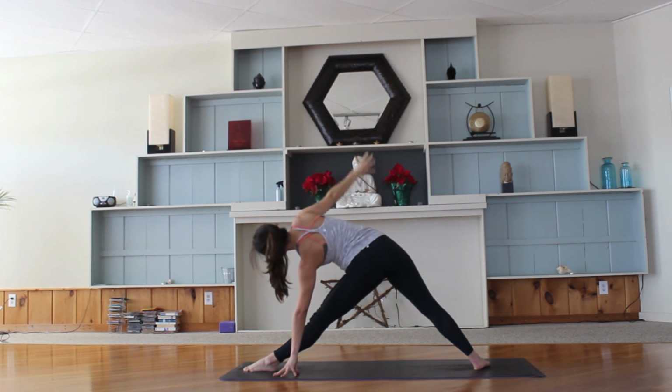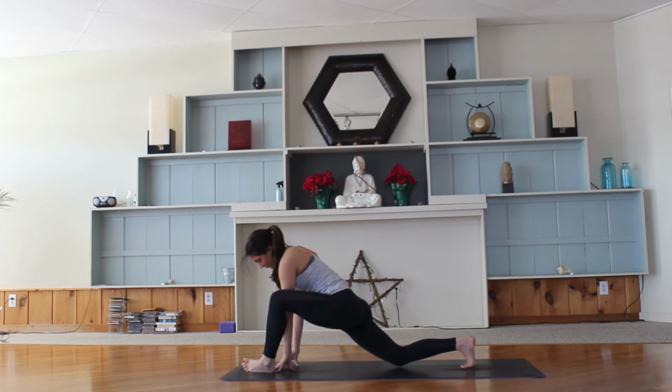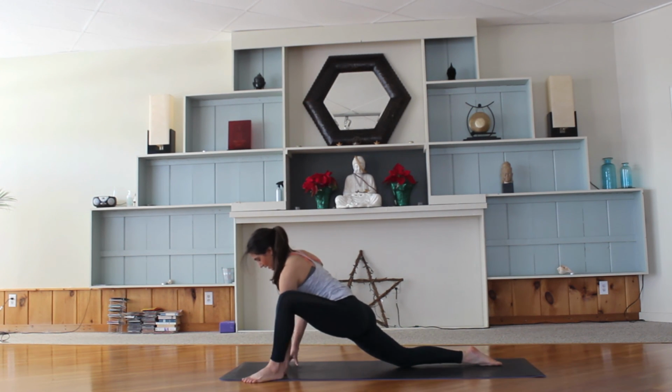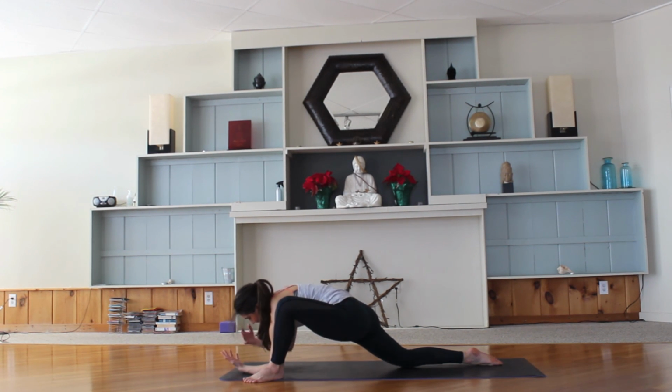Wiggle the top fingers, preparing for a lizard pose. Top arm floats down, left knee tracks over left ankle, right knee lowers down, and heel toe left foot to the edge of the mat. Taking the expression that you need, either palms, forearms,